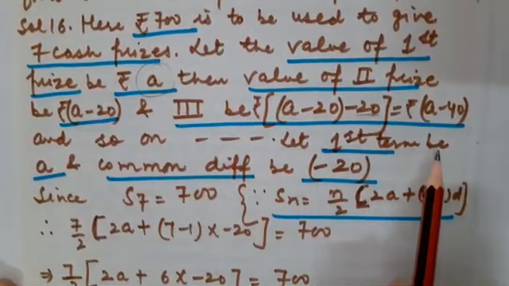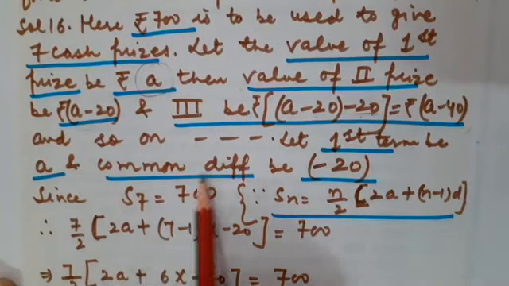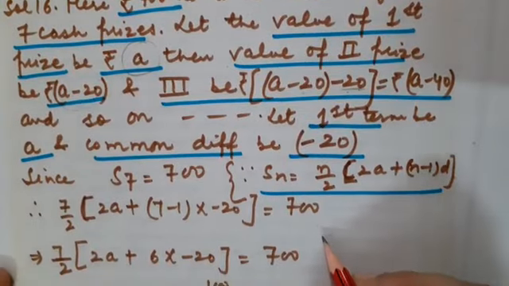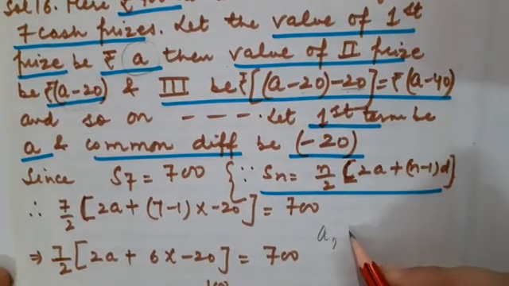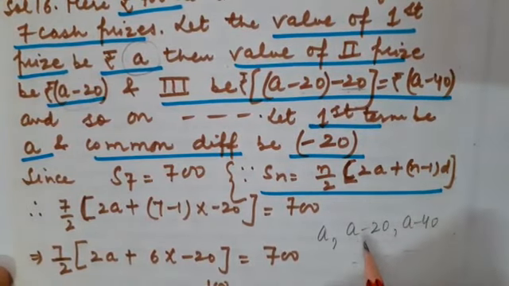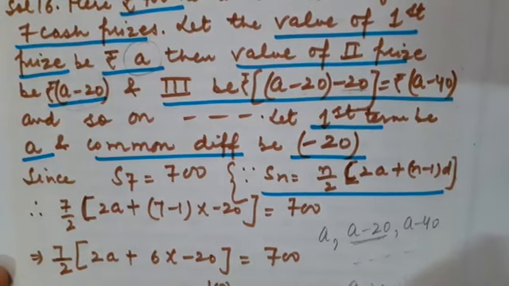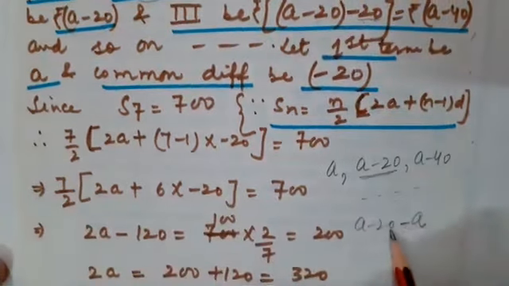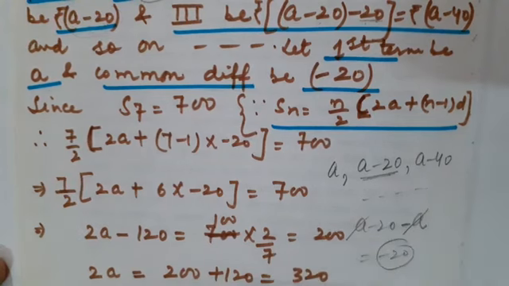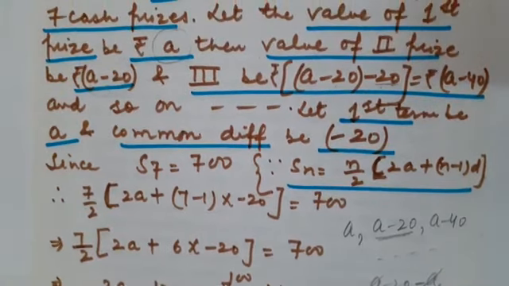So let the first term be A, and of course what would be the common difference, children? Can you tell me the common difference? Look, if the very first term is A, another one was A minus 20, another one was A minus 40, and so on. So as I told you how to calculate the common difference, succeeding, that is A minus 20, minus preceding, that is A. It would be A minus 20 minus A. Cancel them, you will be getting minus 20 as the common difference. So what would be the common difference?